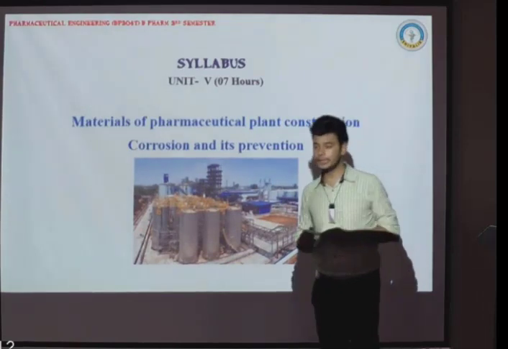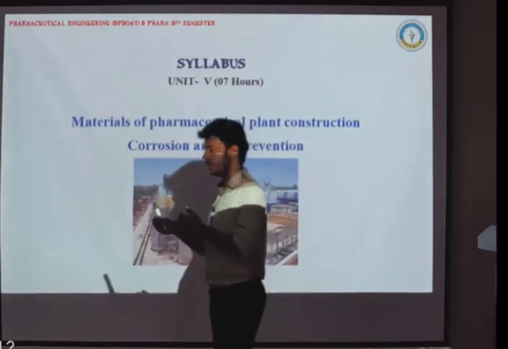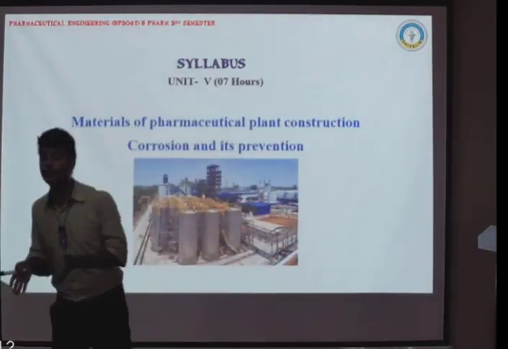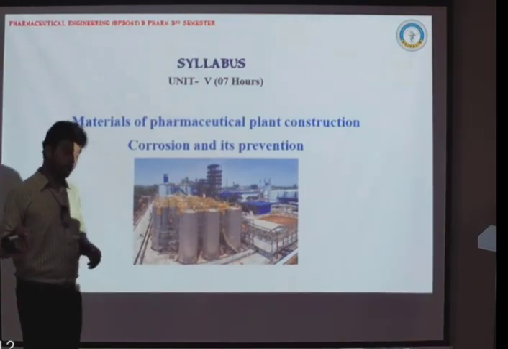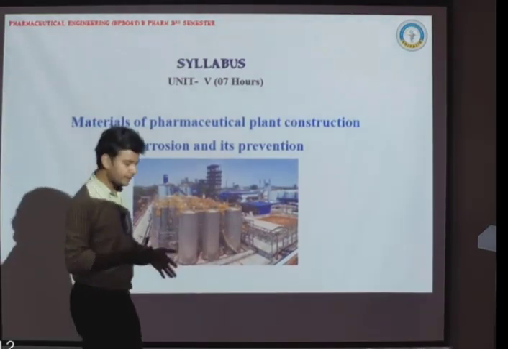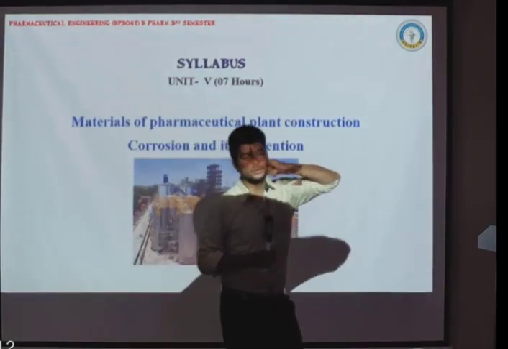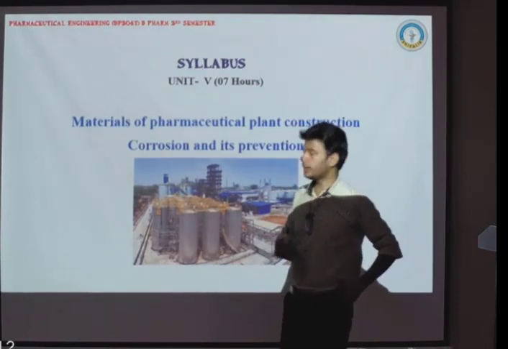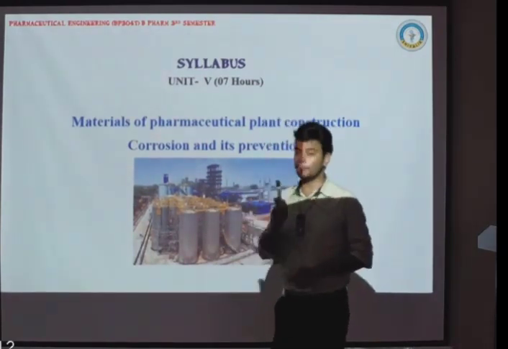As I have already discussed, metals have a tendency to deteriorate with time when the material comes in contact with our environment. Basically, it is a chemical conversion due to which the efficiency of our machinery is reduced. So it becomes very necessary to know what corrosion is and how to prevent it.